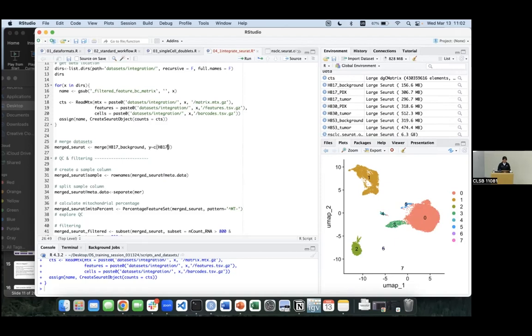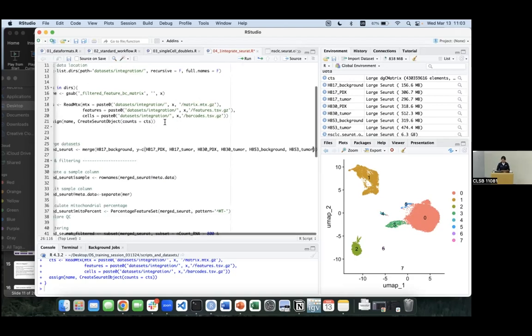So HB17, go ahead to put all of that in. 17 tumor, and then we have the HB30 PDX, HB30 tumor, and the HB53 background and H. Okay, and within the merge, we can then